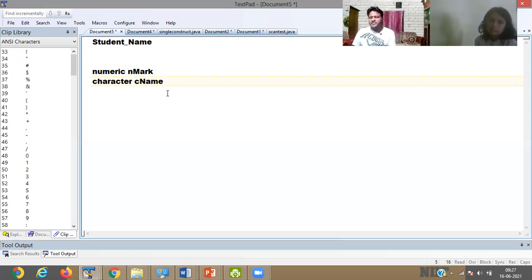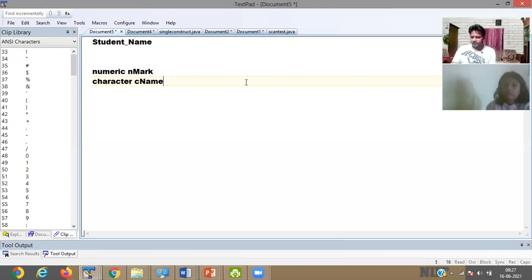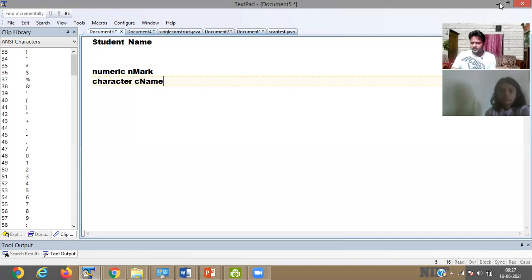C represents the character data type, and C Name represents the name. In this way, we have to pass the numeric data type and the character data type. Clear? Yes, sir. Okay.